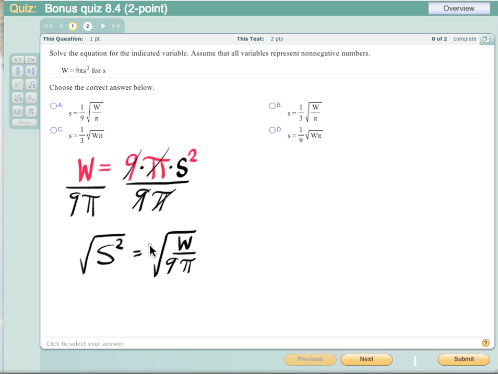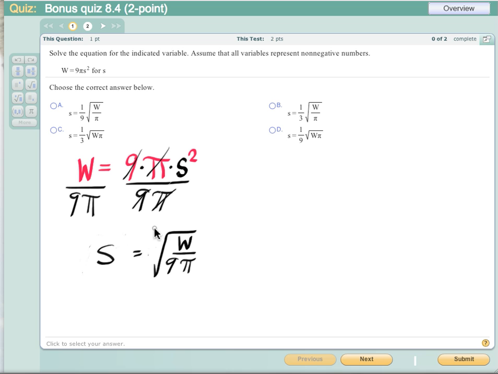And when we take the square root of both sides, we always put in a plus minus. But I want to show you that the problem eliminates the plus minus by this sentence right here. It says to assume all the variables represent non-negative numbers. So if I had a plus minus here, I'd be saying that S is equal to something negative, and so we're going to ignore that. But again, when we put square roots, unless there's a reason not to, we always put plus minus in on one side. Of course, over here, the square root is going to undo the square, and so we're simply going to get S is equal to